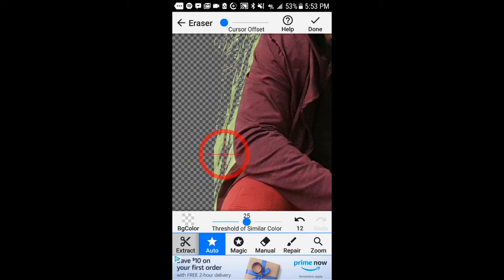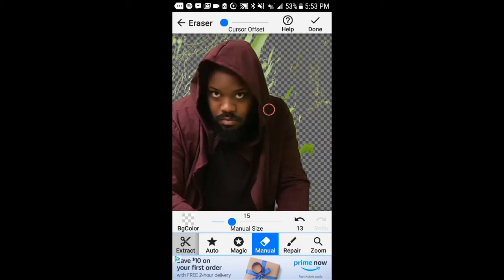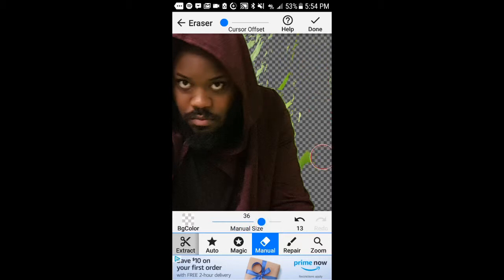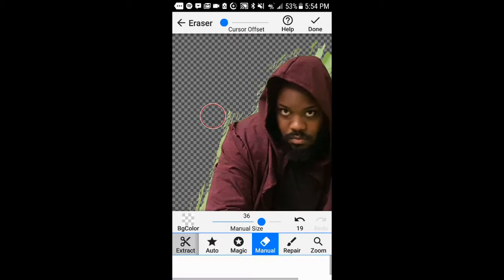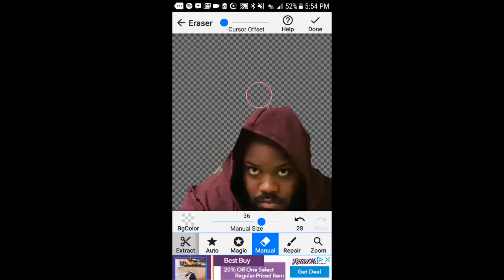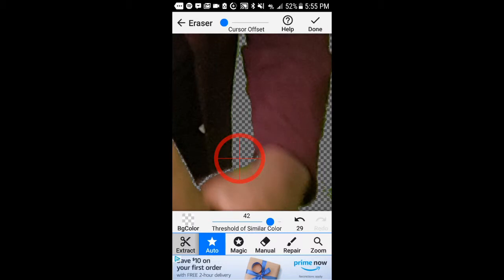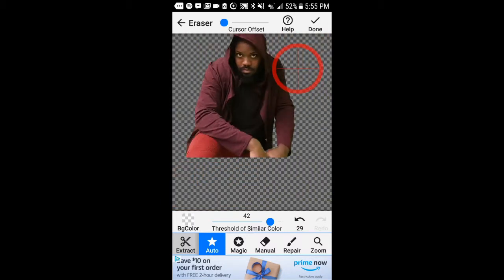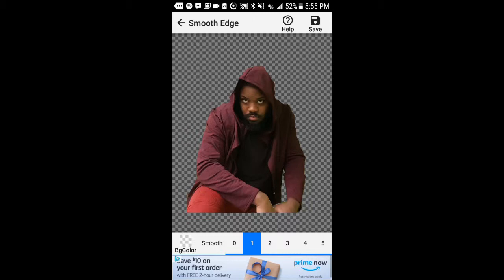Like I said, there are different apps you can use for this. I'm going to go to manual and just take care of a lot of this stuff. I'm going to increase the eraser size. And I'm trying my best not to hit me, because I don't want to erase me out of the book. All right, we look good. We're going to hit done, and you can smooth out the cursors. If there are any other edges, I usually go right to 5. Hit save,